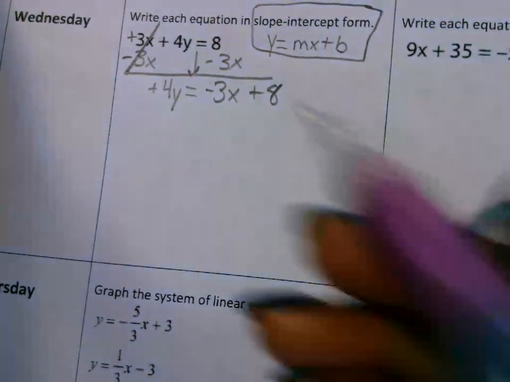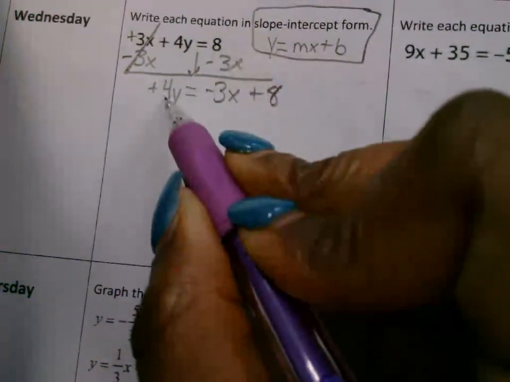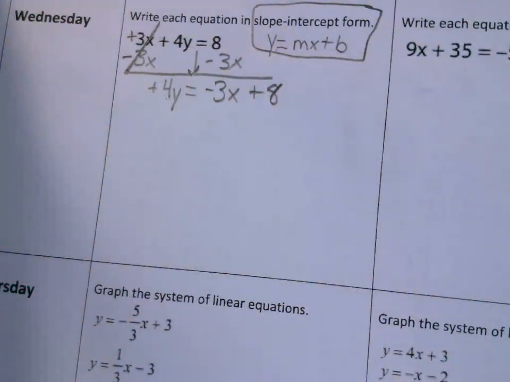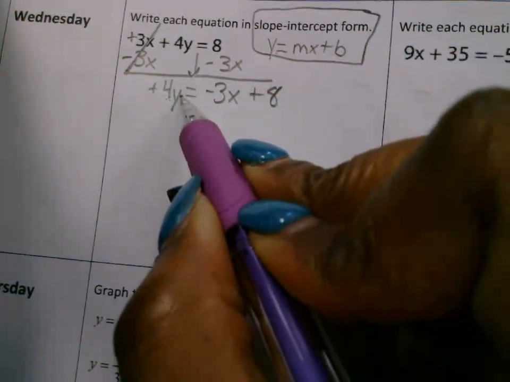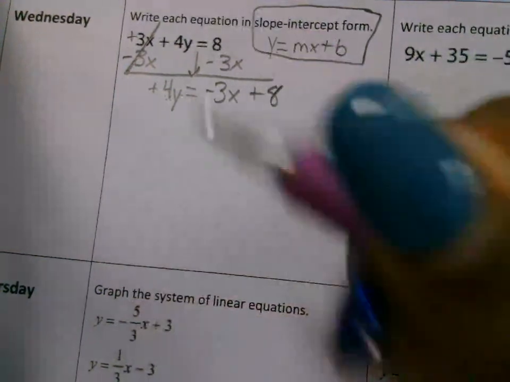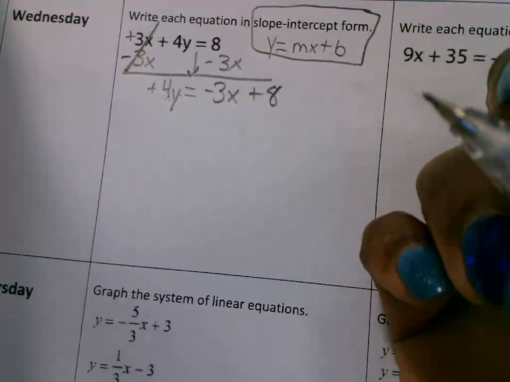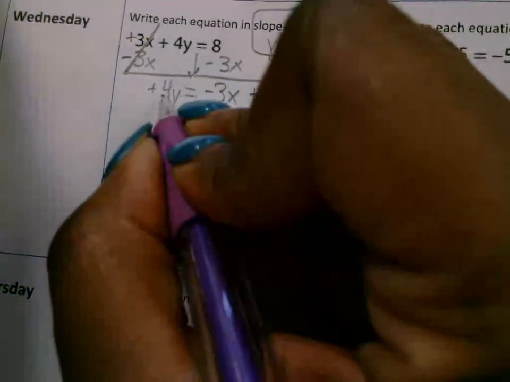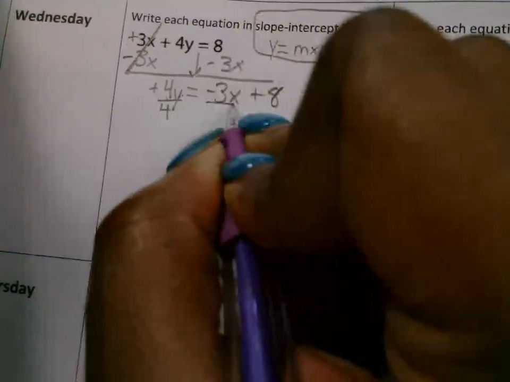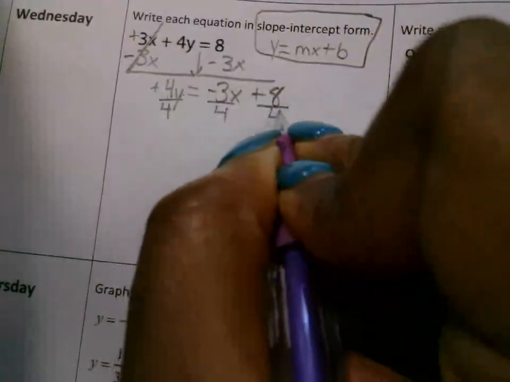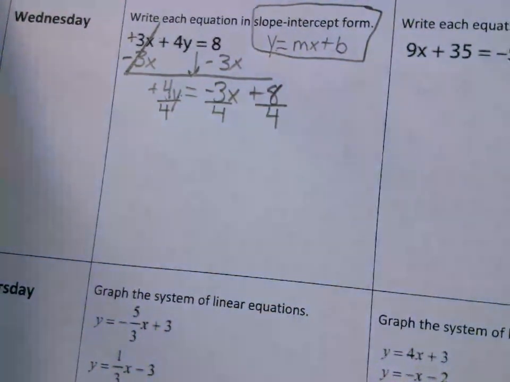Now you got to get rid of the 4 that's attached to y so that y is by itself. What is the automatic operation, addition, subtraction, multiplication, or division, that is between a number and a variable? Not division, multiplication. What's the opposite of multiplication? So the only way to get rid of the 4 that's being multiplied to y is to divide both sides or everything by that 4. And that's what you're going to do in the other problem.